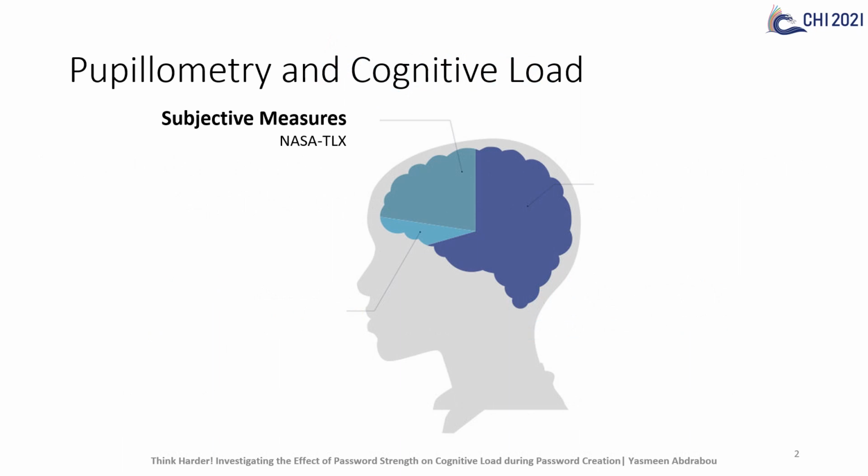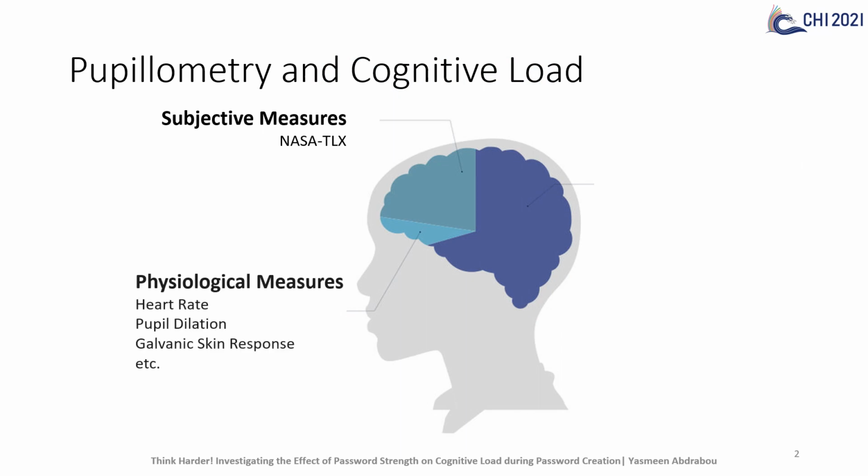In literature, three types of cognitive load measures were introduced. First, subjective measures, where the NASA TLX questionnaire is used as an assessment tool. Secondly, physiological measures, such as tracking pupil dilation, heart rate variability, and galvanic skin response, where the changes in these measures have been shown to correlate with different levels of cognitive load. And finally, performance measures, which capture how efficiently the user is performing a given task through mental effort and task